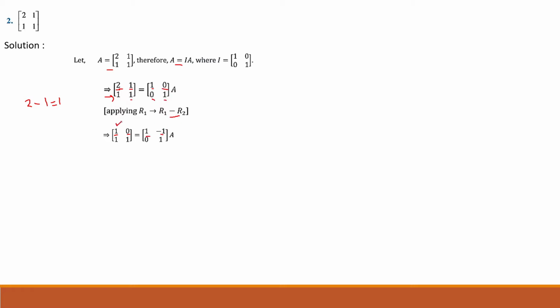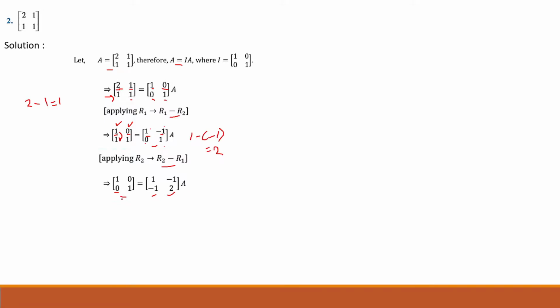तो अब ये 1 के साथ में ये भी 0 हो गया. Now by using 1, we have to make this element as 0. 1 minus 1 is 0. So the transformation will be R2 minus R1. So this will be 0, and for this matrix, 0 minus 1 is minus 1. 1 minus of minus 1 is 1 plus 1, which is 2.